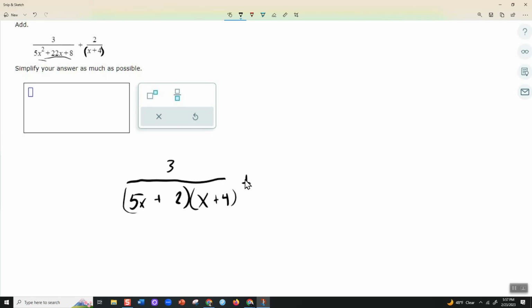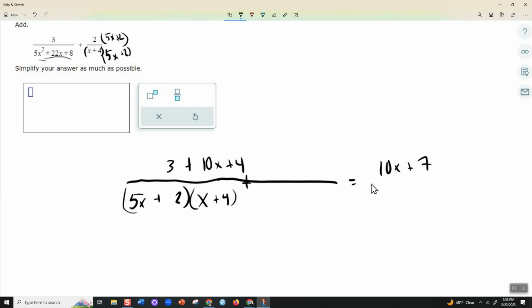But this one over here does not have the 5x plus 2, so we got to multiply it by 5x plus 2 to make it a common denominator. Top and bottom, of course. So I'm going to get that common denominator, so I can make it all one big fraction. And I'm going to be adding 10x plus 4. So that's going to give me a grand total of 10x plus 7 all over